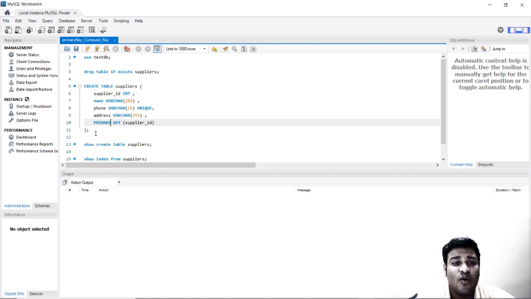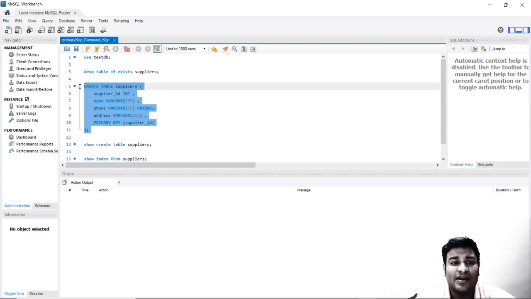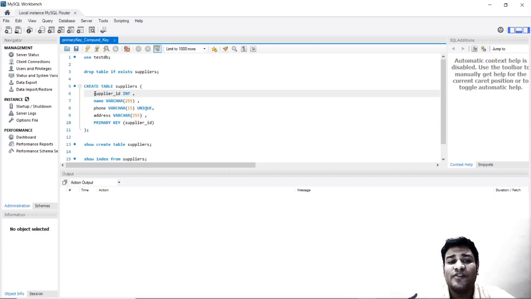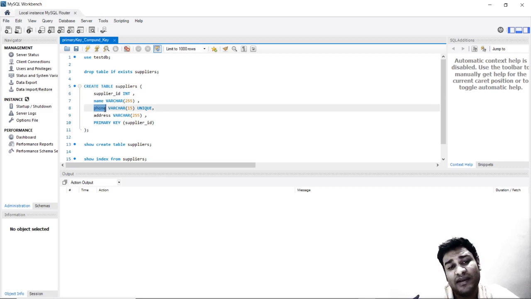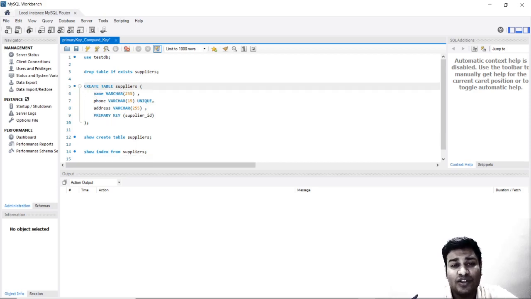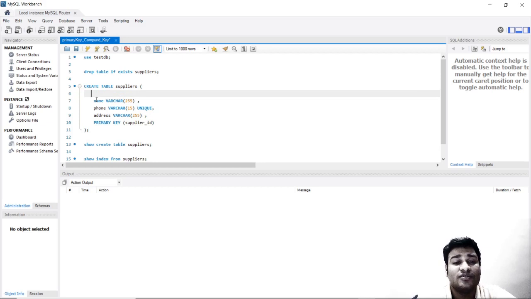So whenever we want this particular supplier to be linked with some other table, we will link it with the supplier ID, because the names of two suppliers can be the same, while the phone number cannot be the same. So we can use the phone number as the primary key. If you do not want supplier ID to be used, you can use the phone number. But there might be a scenario that your supplier does not carry a phone, and primary key cannot be null. So that's why we have kept supplier ID.